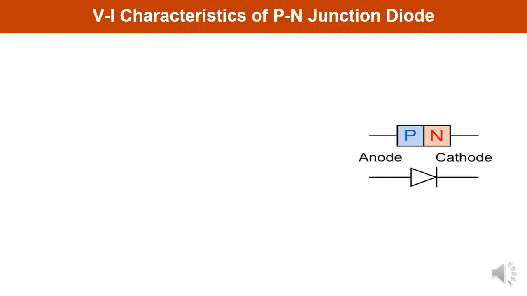See, this is the diode symbol. You can see PN junction diode or PN diode is formed by joining P-type material with the N-type semiconductor material, and this joining is being done with certain special fabrication techniques. So this is how a PN junction diode is being formed. This terminal is known as the anode, the left hand one. This is known as the cathode, since you know that PN junction diode is a two-terminal device.